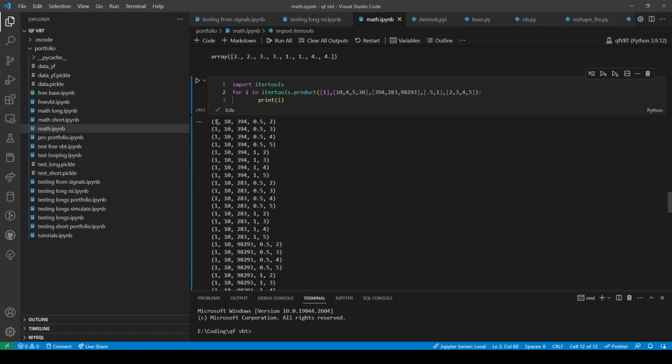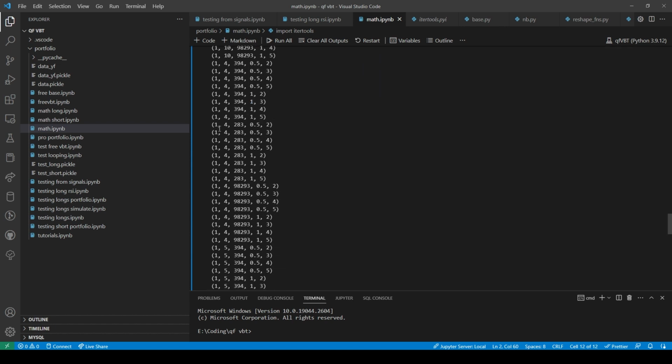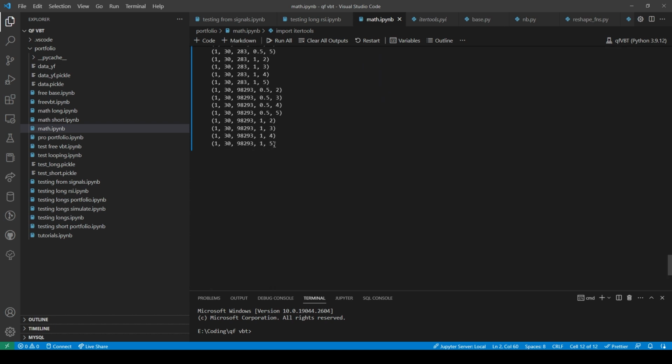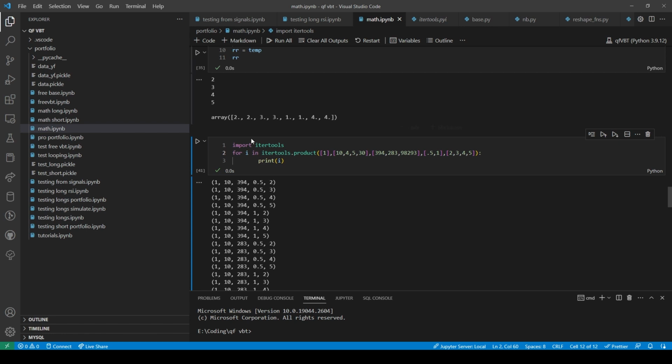So then I would have to take this whole entire thing and put it into a NumPy array. And grab the whole first, or I'd have to grab this and then transpose it.